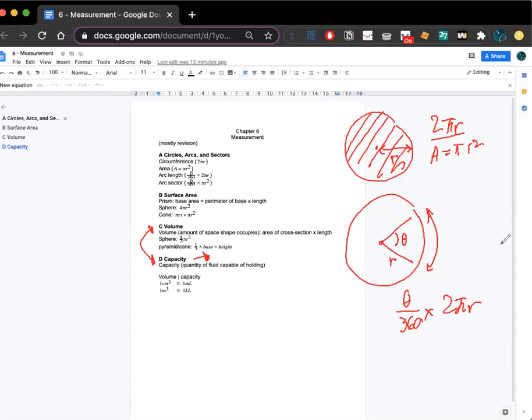And then for the area, you also need to do the same thing because you're only looking for this portion. So you multiply the area by this ratio. So it's like this, theta over 360 times πr squared. Okay, so that's literally it for